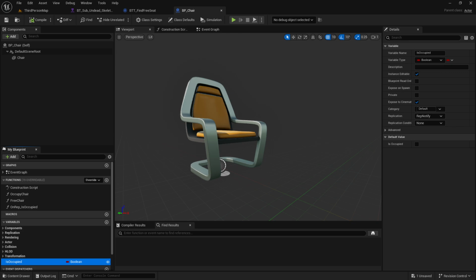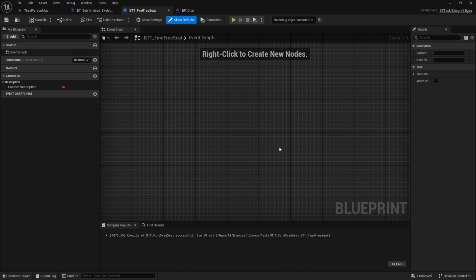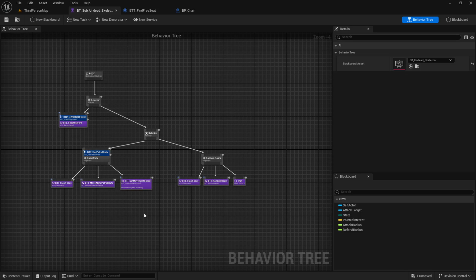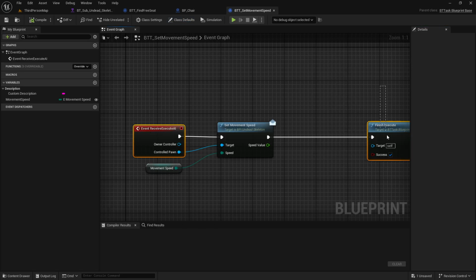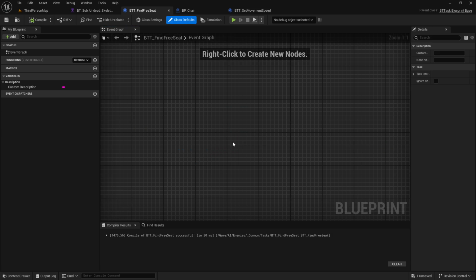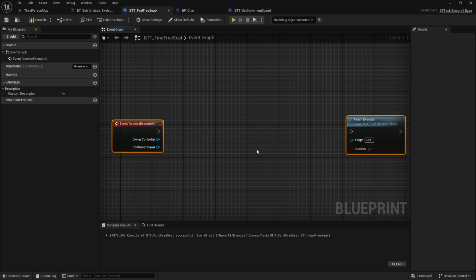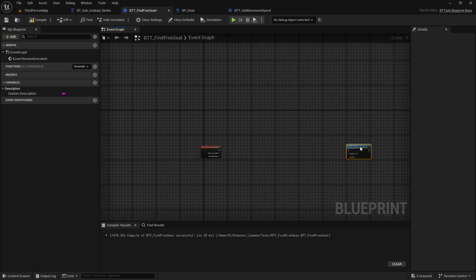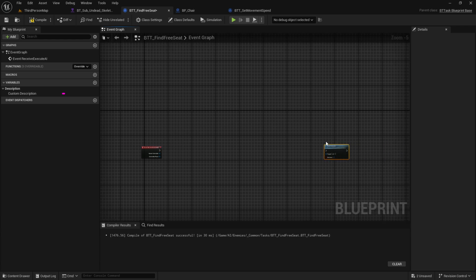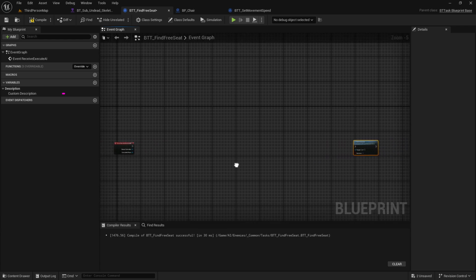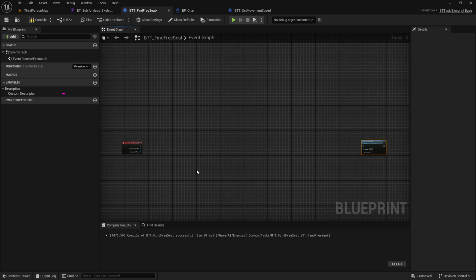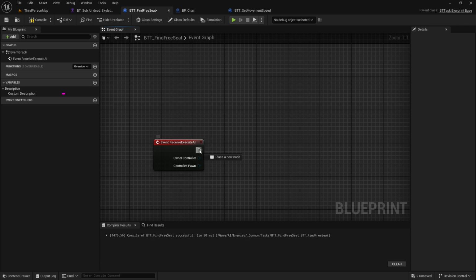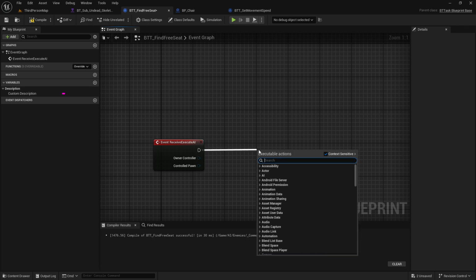And let me see if I can find. So we want to go back to our find seat. And because I'm sick of typing things, just copy and paste. Now we will have to make this a lot bigger. It looks complicated, but once you work out the basics, it's pretty easy. So the first thing we want to do is go through here and get actor